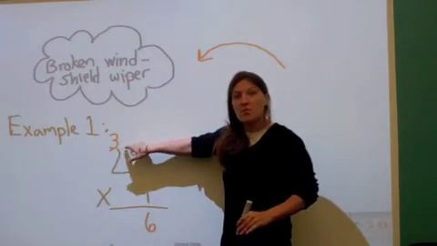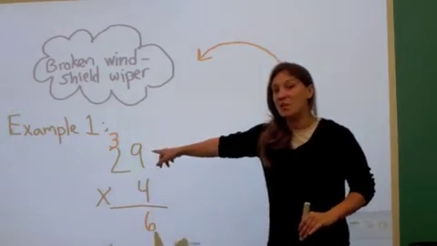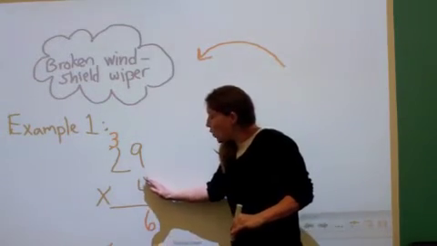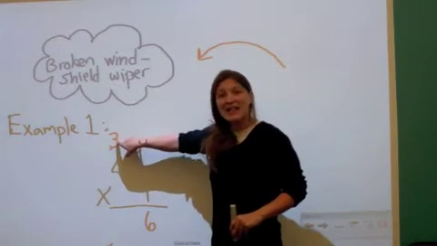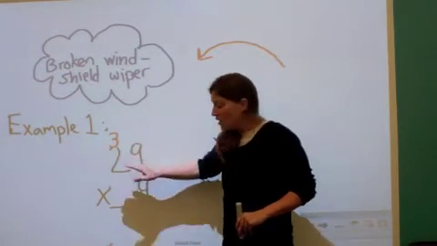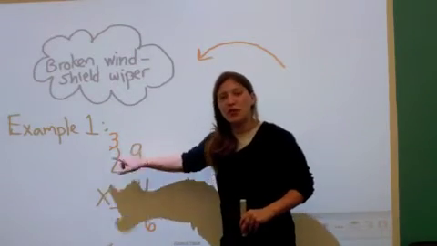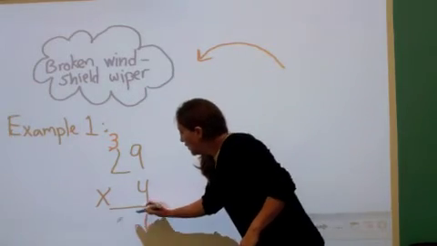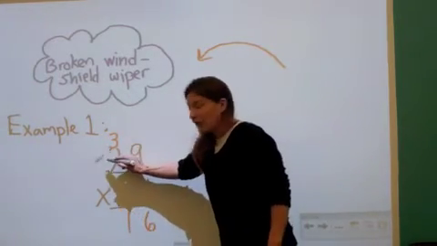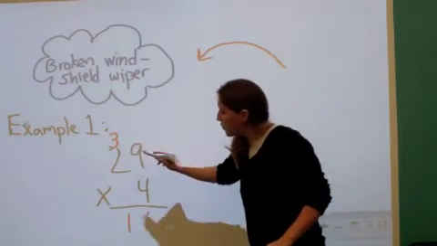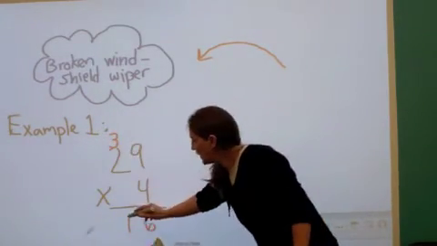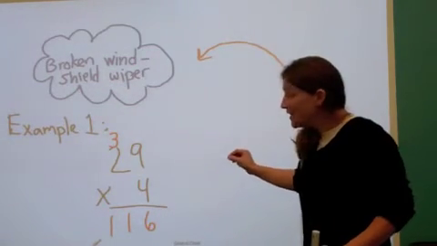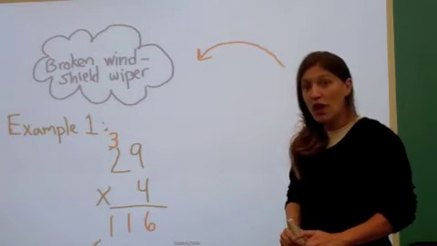Now remember I said don't forget about this number that we added up top to the tens place. Now is the time we're going to do something with that. So now that we know that 4 times 2 is 8, we have to add these extra tens. So we have 4 times 2 is 8 plus 3. So 8 plus 3 is 11. And we're going to write that down below. So we have 11. If I had an extra place value in the hundreds place, I would write the extra 1 up top, but I don't. So I can just put it down below and say that the product of 29 times 4 is equal to